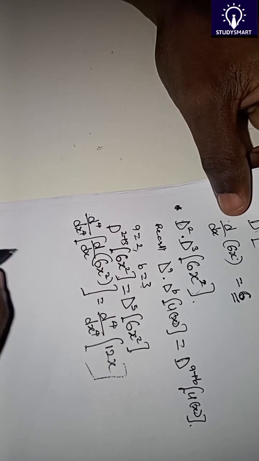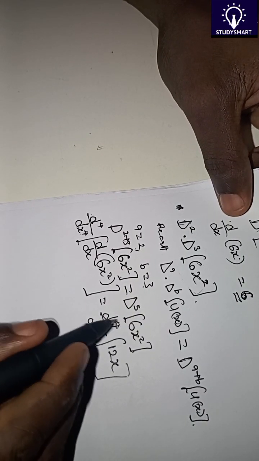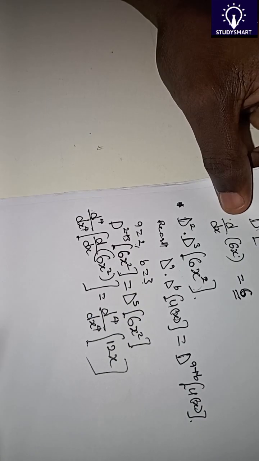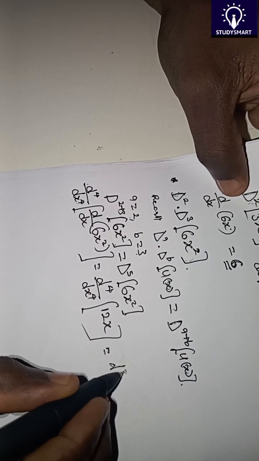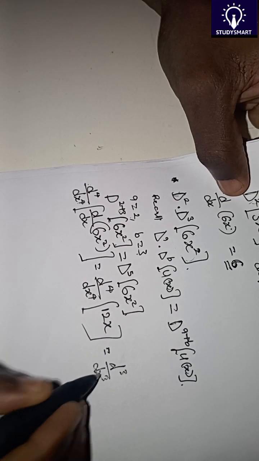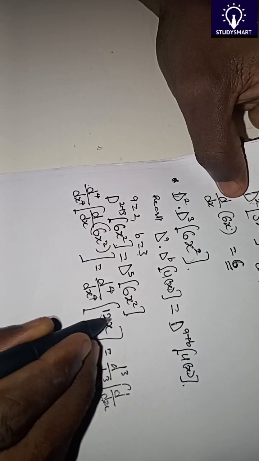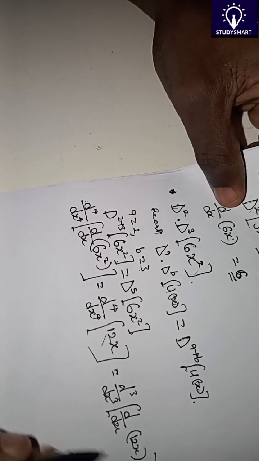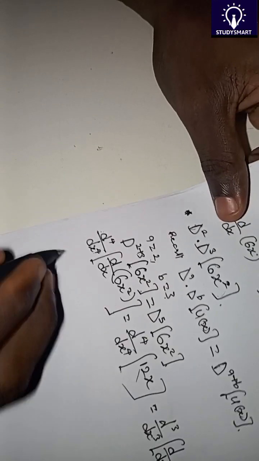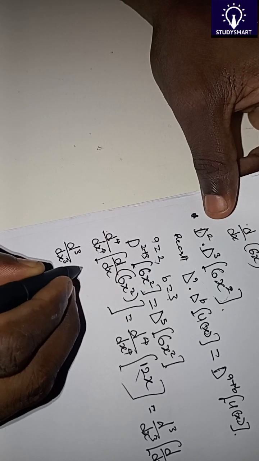So if I've done that, that means I'll be left with this, right? So I'm going to differentiate again. I'm left with 4 differentiation. So I'm going to differentiate again to get d to power 3 over dx to power 3 into d over dx of this expression, which is 12x. Right, so I'm going to differentiate this again to obtain d to power 3 over dx to power 3 into,